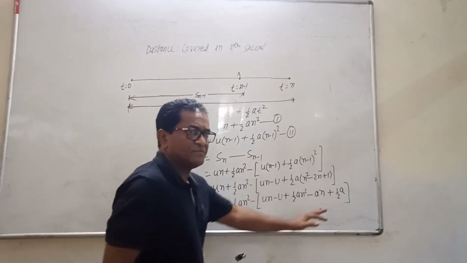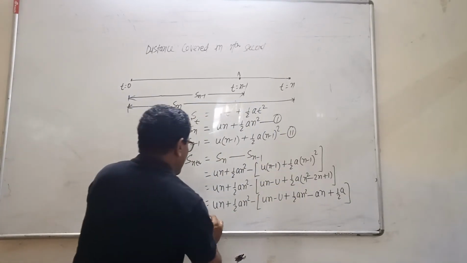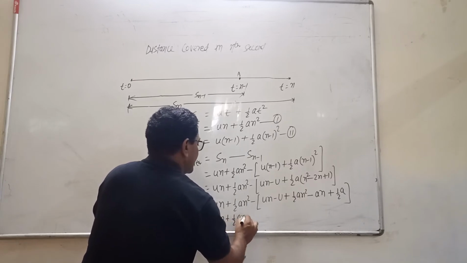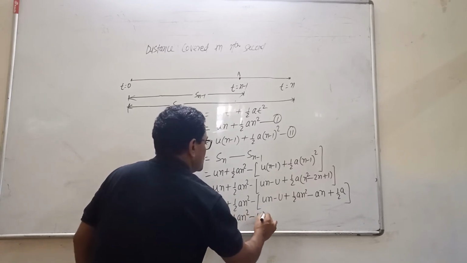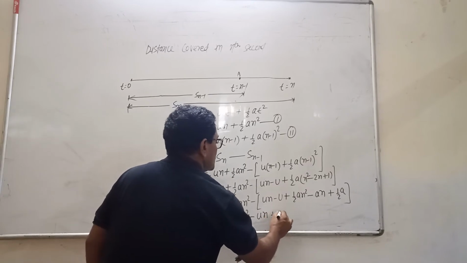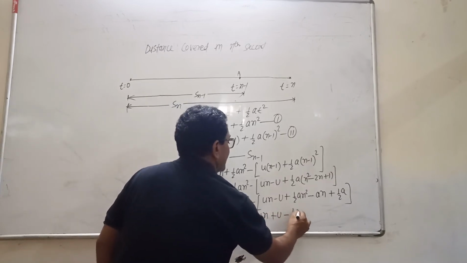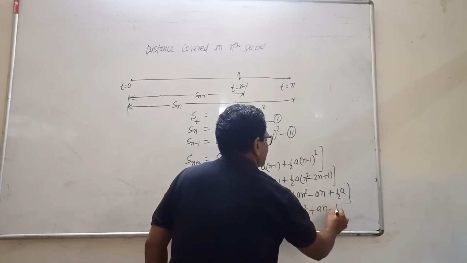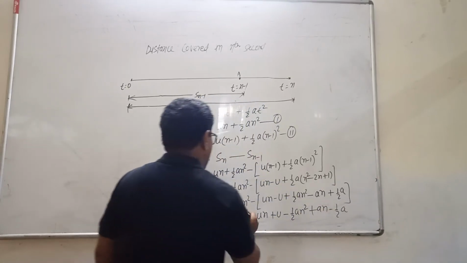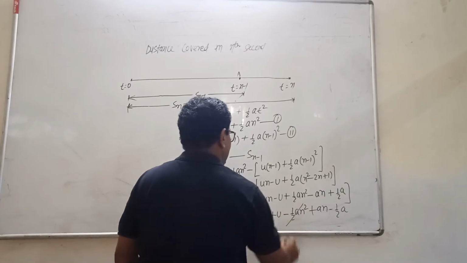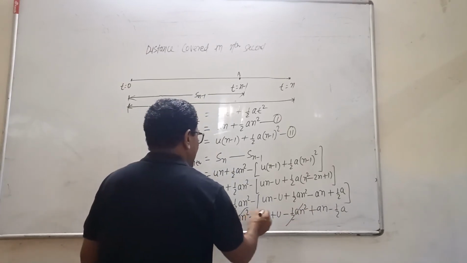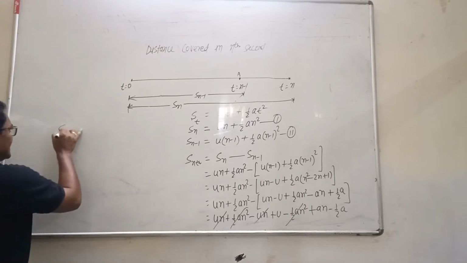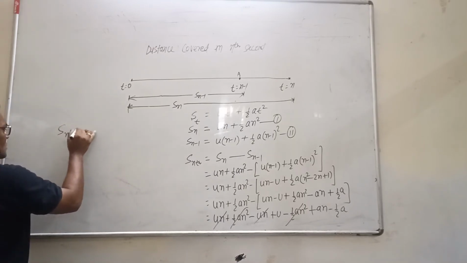Now remove the final bracket, so we get un plus half an square minus un minus u, again minus half an square plus an and minus half a. So half an square plus minus gets cancelled, un and un gets cancelled, and the result came Sn equals to